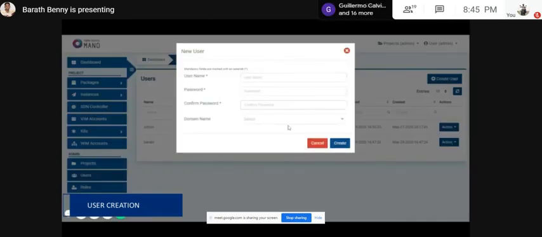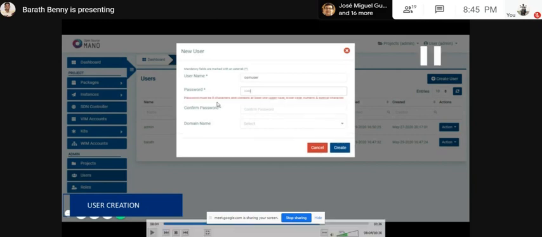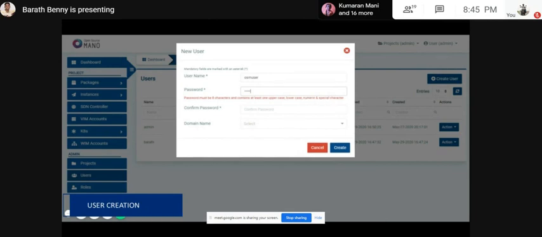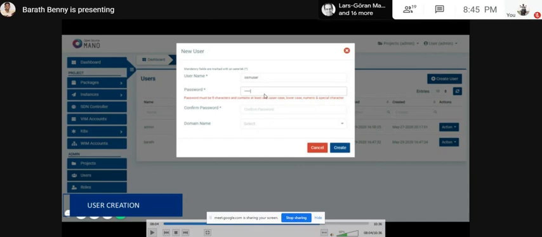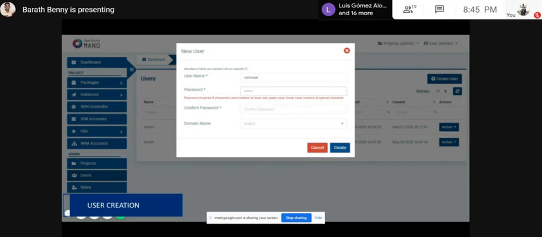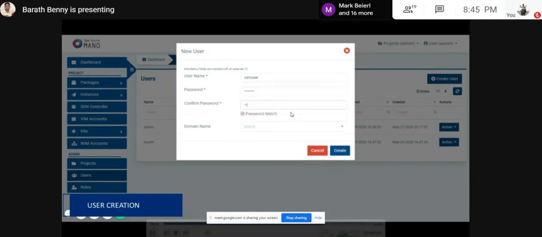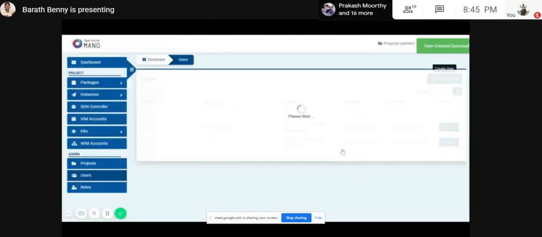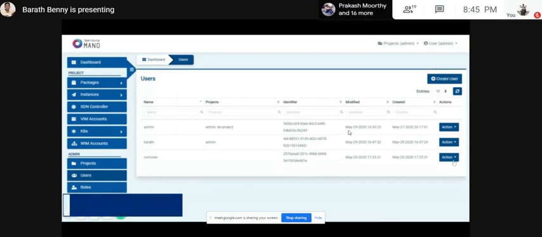The project is created, and we will be moving into the user section. The user section is the same as project. Here we need to give the username and password. Here we have created a password policy. The password policy is that it should be 8 characters, and it carries one uppercase, one lowercase, a numeral, and a special character. This password policy is implemented only in our UI. If the user is created in our UI, this policy will be enforced.